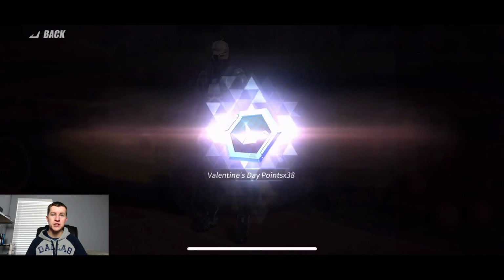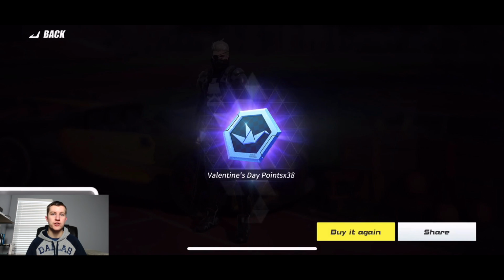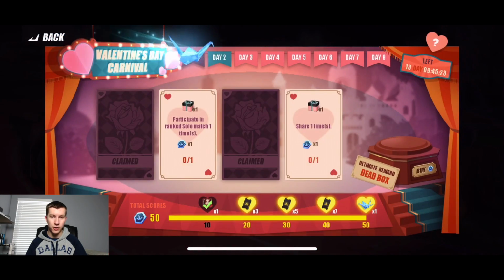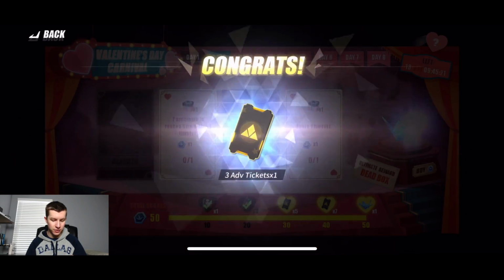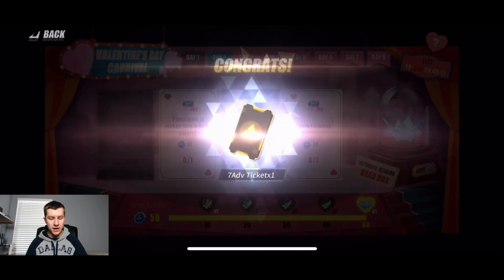Now, to get the animation, you obviously need both suits. You need the female version and the male version. And this is going to cost you 1,680 diamonds for the male, and then almost 1,000 diamonds for the female. So obviously, it's pretty expensive to get both suits just to get the animation for the Heartbreaker Beast mode, which